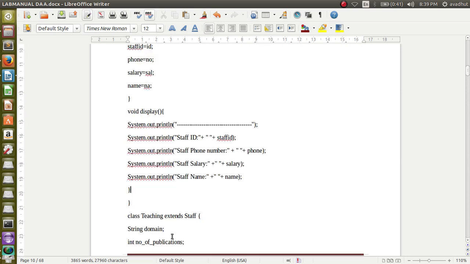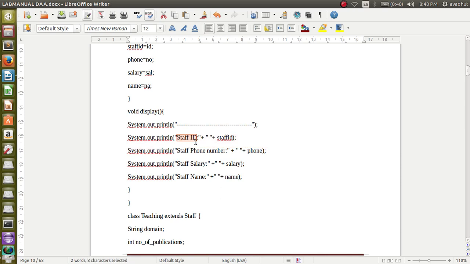So after initializing here, what are we going to do? Display. What is display here? First I will be displaying a dotted line. Next, system.out.println, what will be displayed? Staff ID details. Staff ID is nothing but the variable.